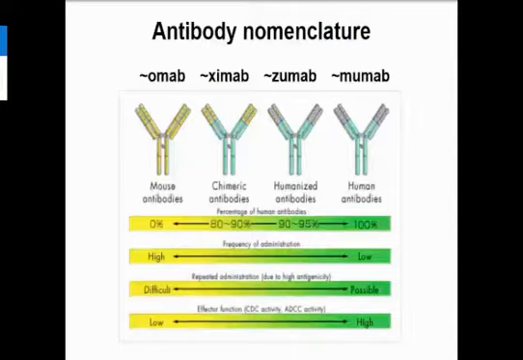Then we have humanized, where it's effectively a human antibody, but just in these yellow stripes here, we have the complementarity determining regions, the antigen binding regions, from the mouse sequence. And then finally we have perfectly human antibodies, so these could have come out of a phage display type of